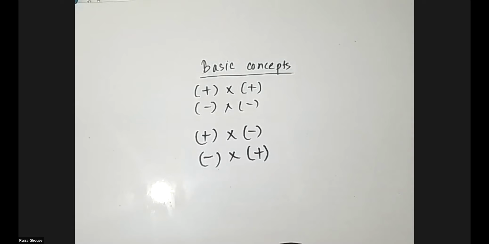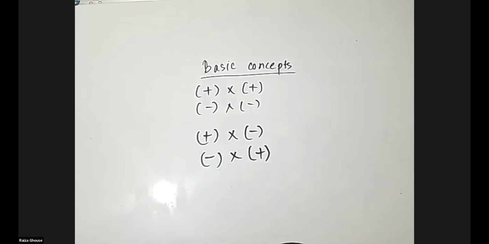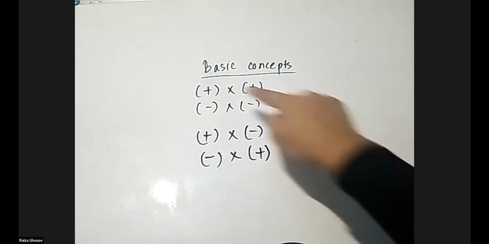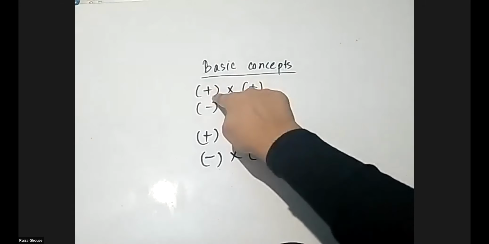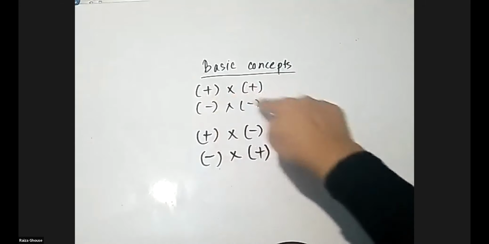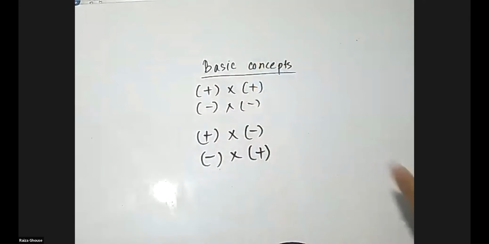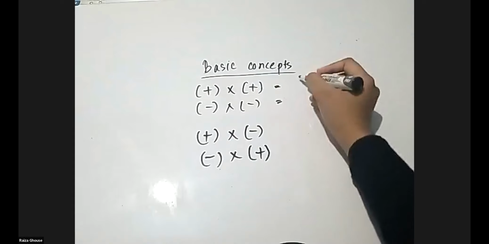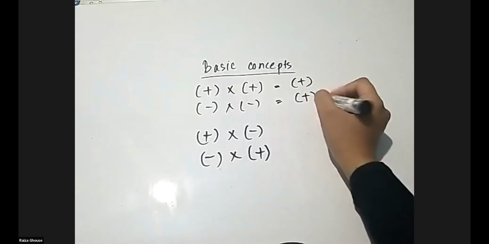Always give the brain a message, the lesson is easy, and start the work, right? While I am explaining, please don't write down anything. I'll give you plenty of time to write down. Listen very carefully. If you get the same symbols, positive positive, negative negative, similar symbols, your result will be a positive answer.